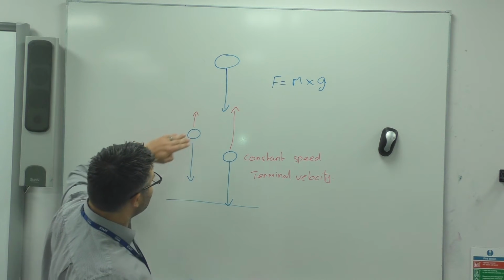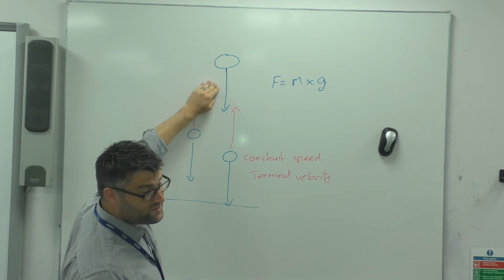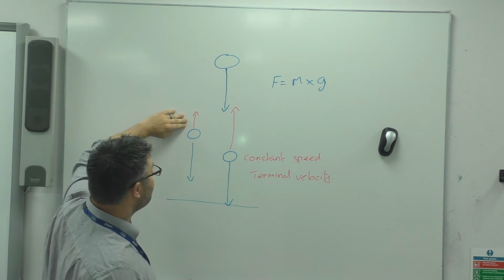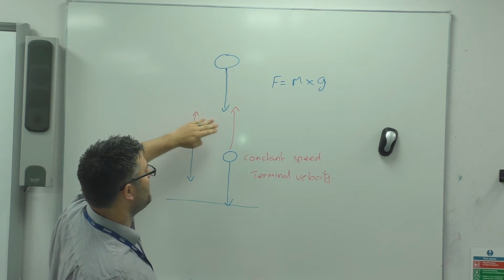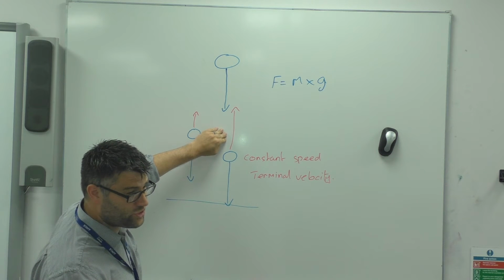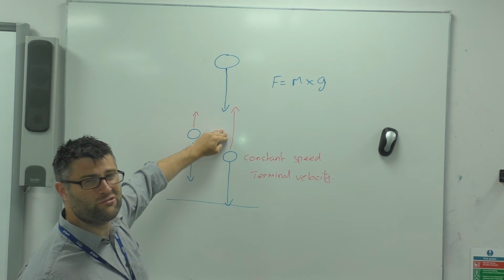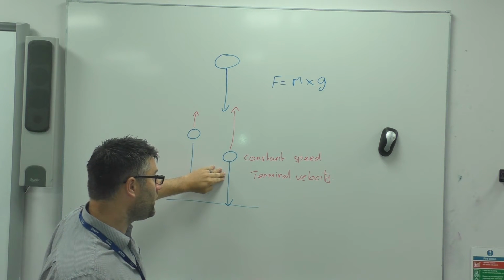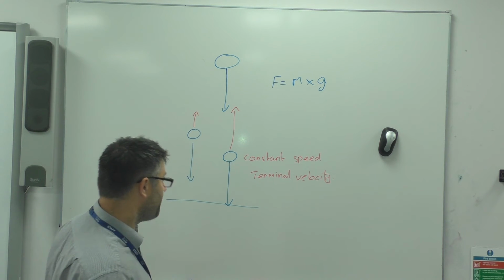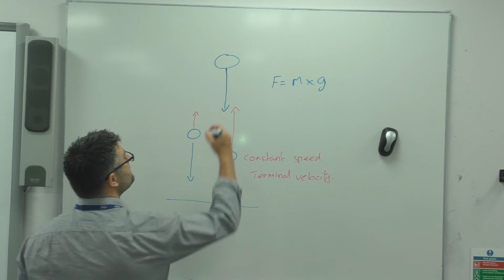The force downwards stays the same. The acceleration due to gravity stays the same. However, because we get an increasing force as it speeds up due to the acceleration, we get an increase in drag, and that creates an external resultant force that's smaller than the original. So in each of these cases, if I draw what the external resultant force is,